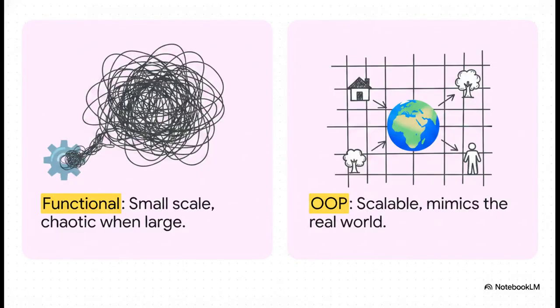And that brings us to a really crucial comparison. You see, functional programming is perfectly fine. Great, actually, for small-scale scripts. But, as we just talked about, it gets incredibly chaotic when things get large. Object-oriented programming, on the flip side, is absolutely our organizational savior here. It's infinitely scalable. Why? Because it operates on this beautiful, almost philosophical concept. It literally mimics the real world. It maps physical reality directly into your syntax.